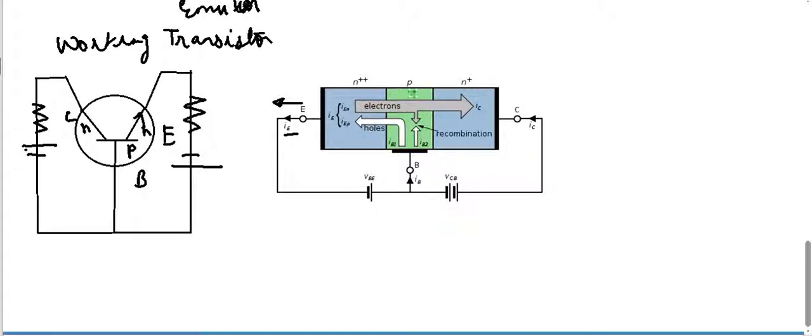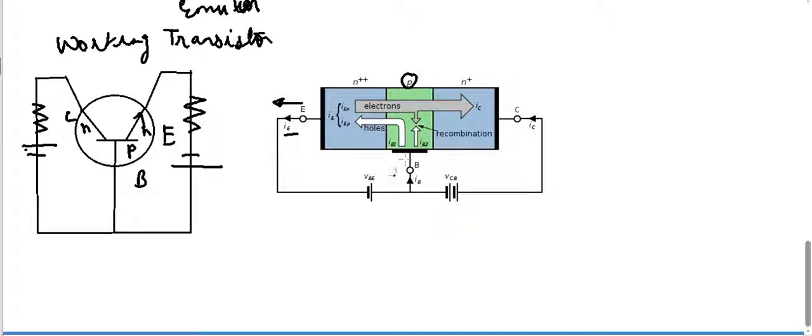And now the P, or base, is very slightly doped. That's why they have written P here. For the emitter, to pass current we need a lot of free electrons, so this side is heavily doped. That's why it is denoted as N++ here. The emitter will be heavily doped, and the collector will be moderately doped, so it will be called N+. So these electrons will be pushed towards this side.